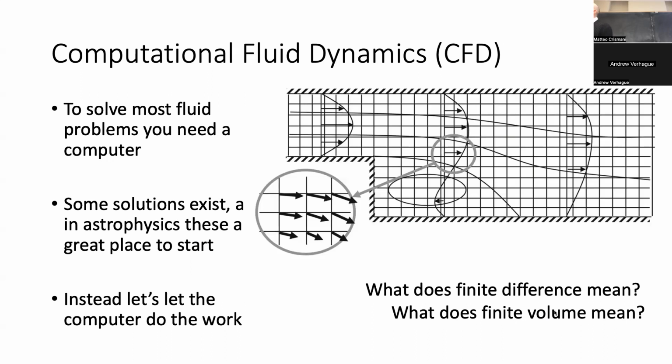So what's a finite volume? Finite difference or finite volume? Yeah. So essentially what you're looking at here, and we'll talk about this in a few seconds when we talk about finite difference approximation. But imagine that you have a point here. Okay. In finite difference, if I want to know, for example, let's say I look at this piece here, and let's say there's diffusion in the fluid. So the flow is going like this, and it's going to diffuse, it's going to evolve. What is the natural next step for this curve to have? Well, if it's diffusive, it will go from this and it'll flatten out till it's flat, because that's what diffusion